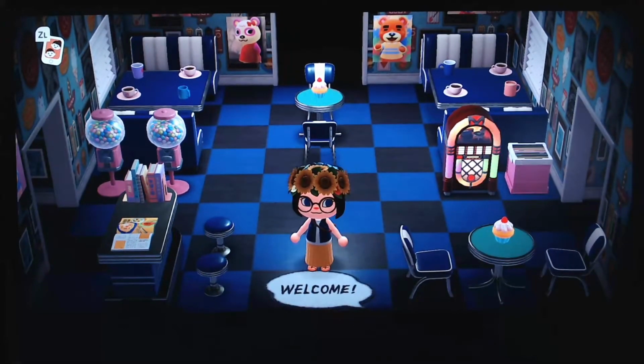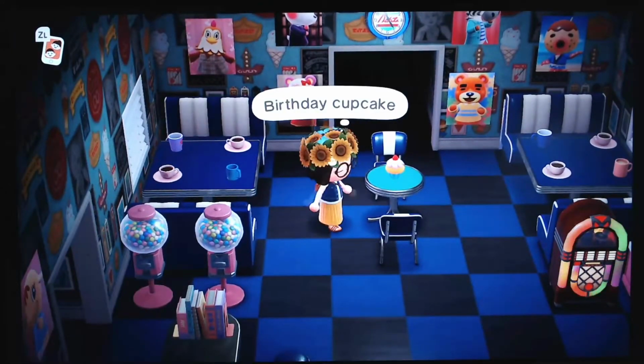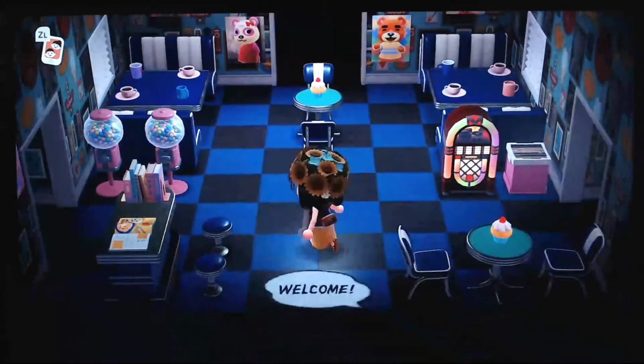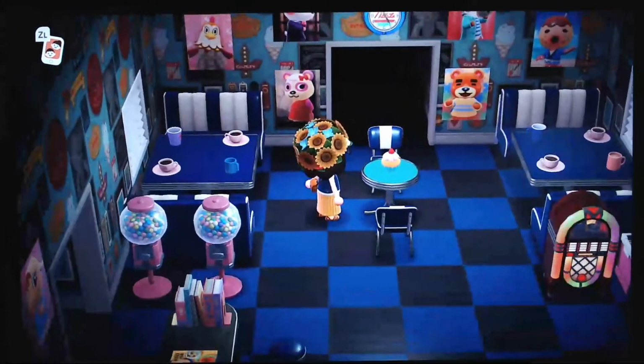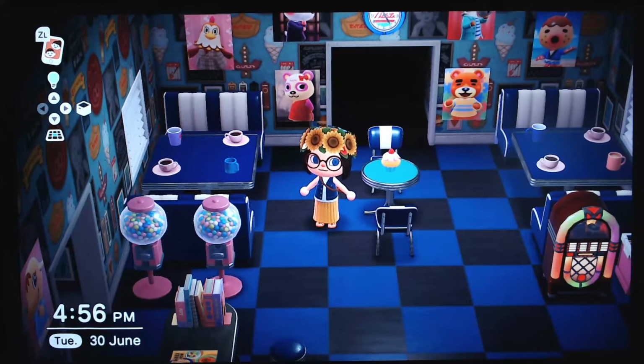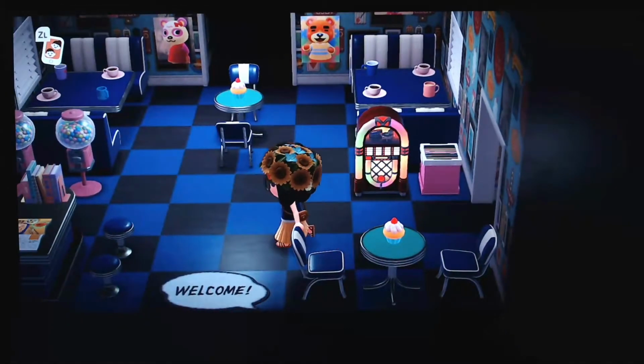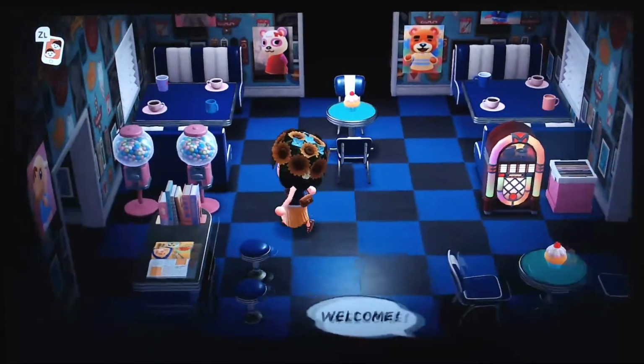So welcome to my diner. I still need the blue tables, which is really sad. I only have these green ones, but it still kind of works. I still have these two birthday cupcakes from my birthday in April, just because I forgot to give them to someone on the day, and then I've just kept them. They work quite nice on these tables, because you obviously can't put multiple things on the tables, which is